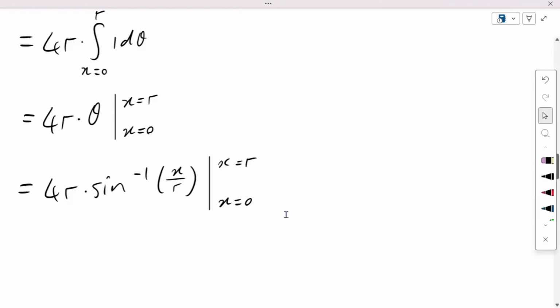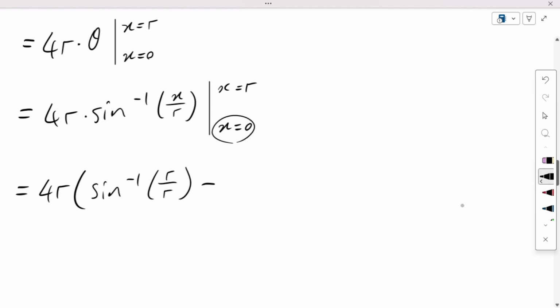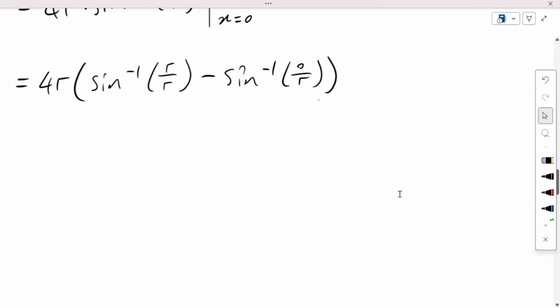Great. Now we can do the evaluation from here. This over here is going to be 4r. We can take the constant out and then write the bracket down. Now we're going to plug in the upper limit first. It's going to be arc sine of r over r, and this is going to be minus. Now we're going to deal with the lower limit, which is arc sine of 0 over r, and close the bracket. From here, we have this being equal to 4r multiplied by